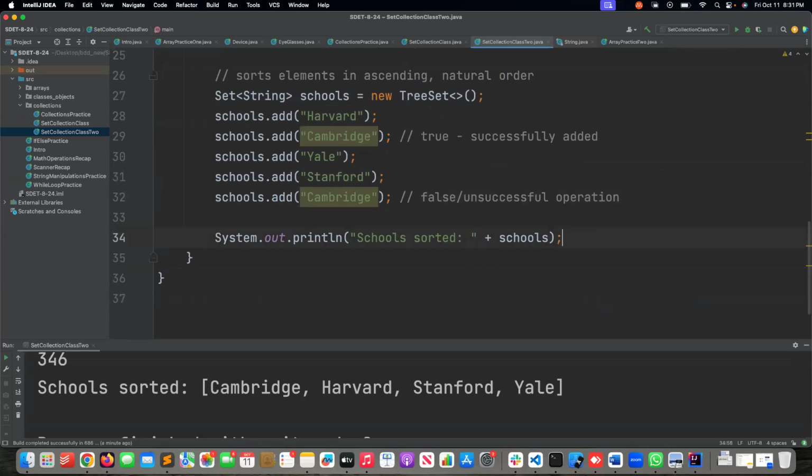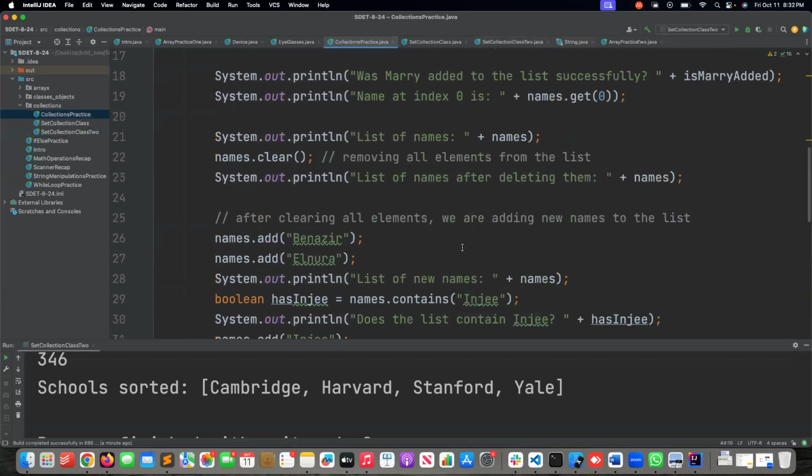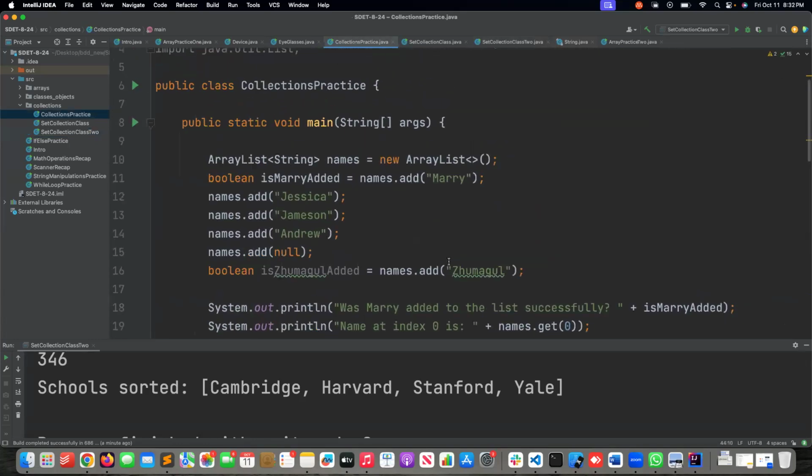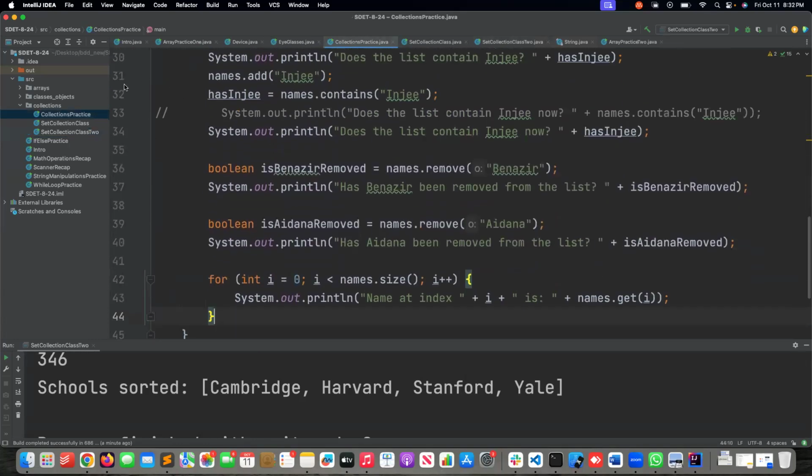Now we are going to talk about one of the most important interfaces in Java. It's called map. First, before we get there, let's do one more example with the collections practice. So here I have array list, and